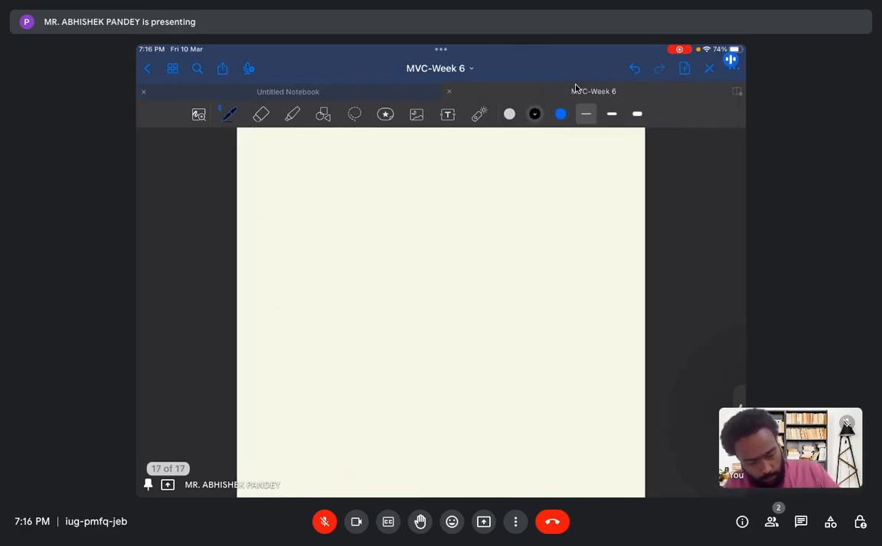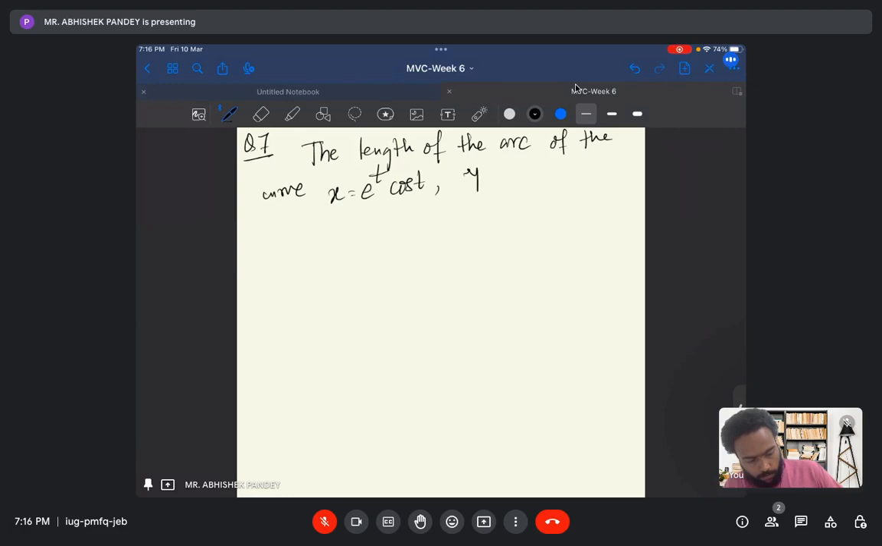Question number 7. Okay, so the question is, this is something else: the length of the arc of the curve x equals e to the power t cos t, y equals e to the power t sin t, and t from 0 to 4. Okay,